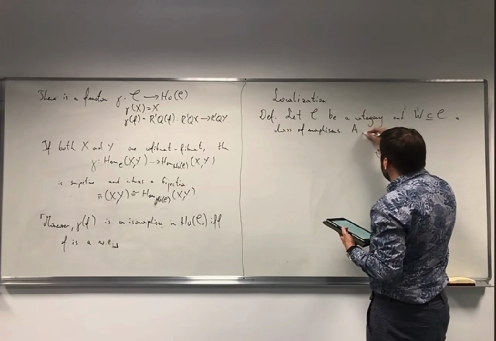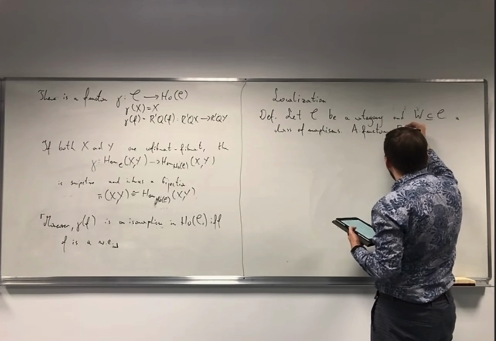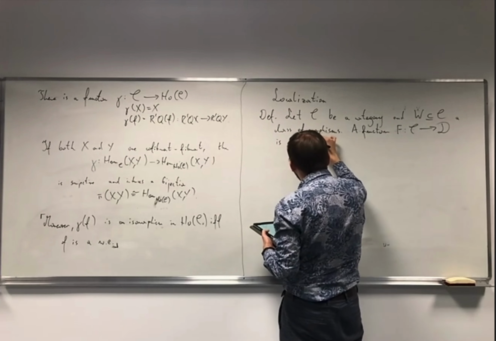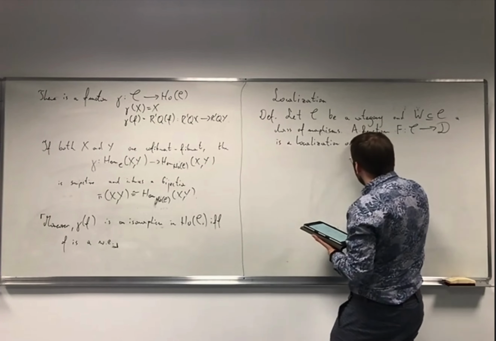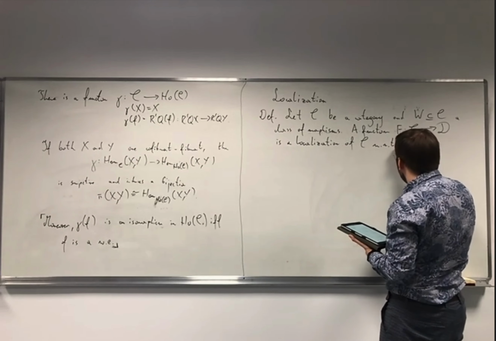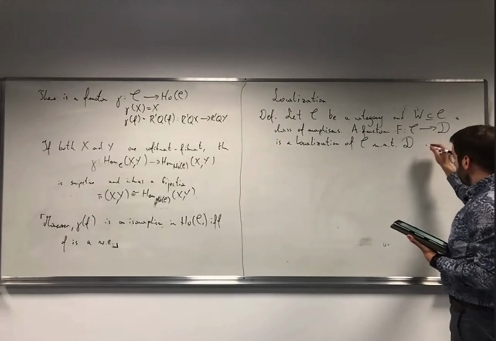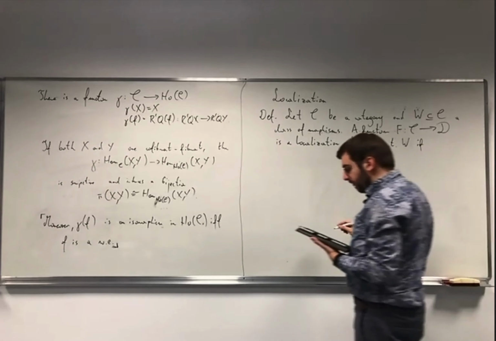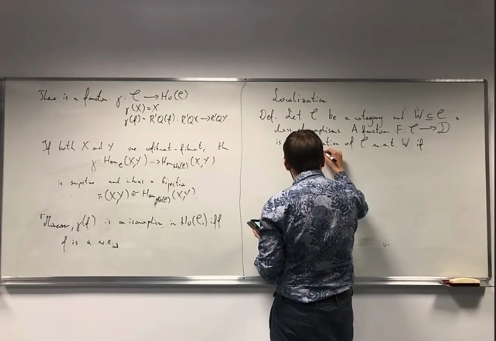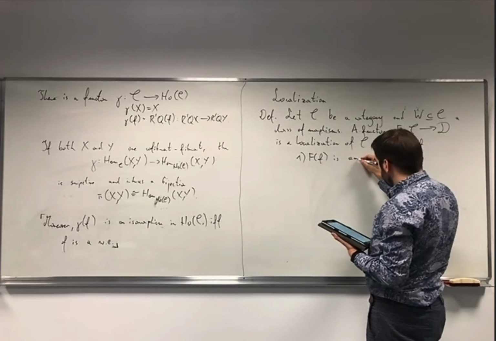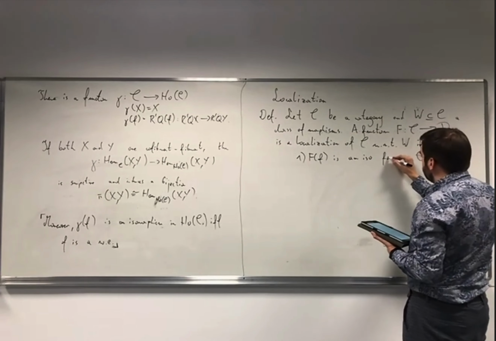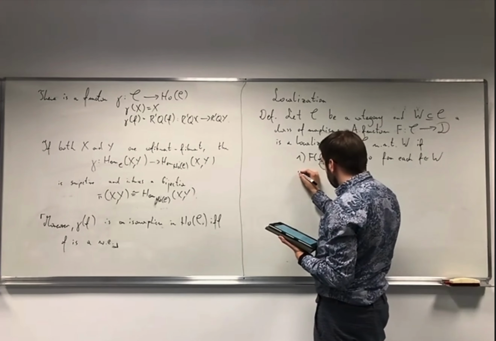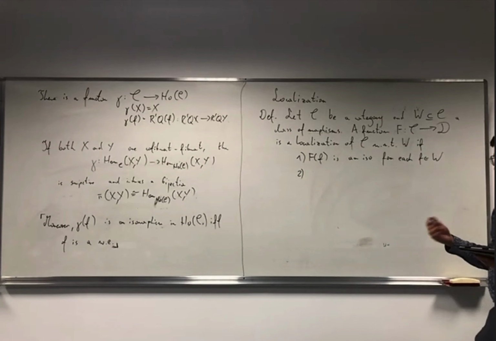Then we say that the functor F from C to D is a localization of C with respect to W if, firstly, F of f is an isomorphism for each map f in my distinguished class W. And secondly, I have a kind of universal condition. So whenever